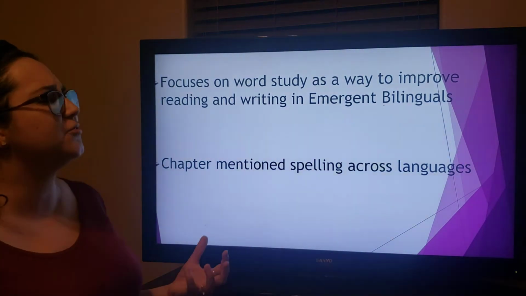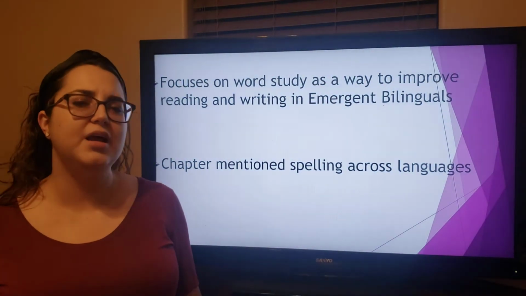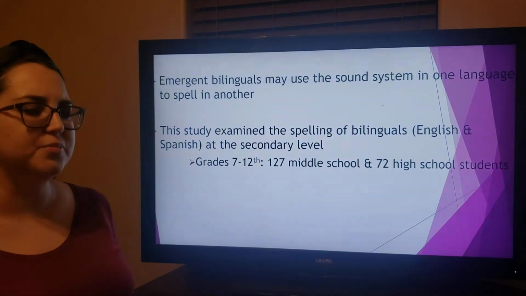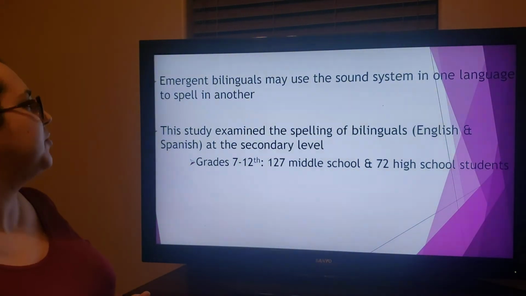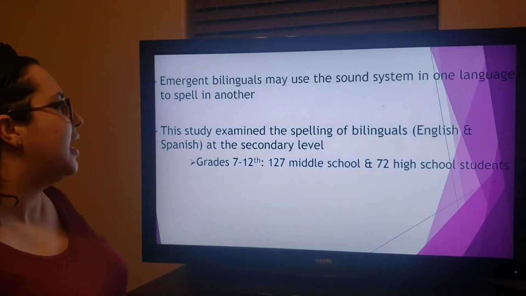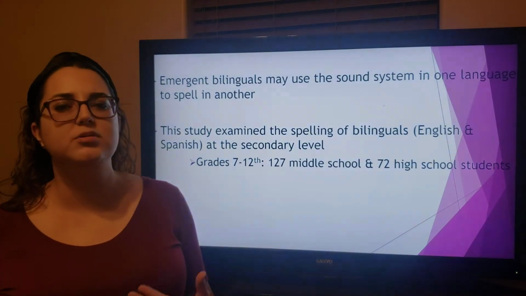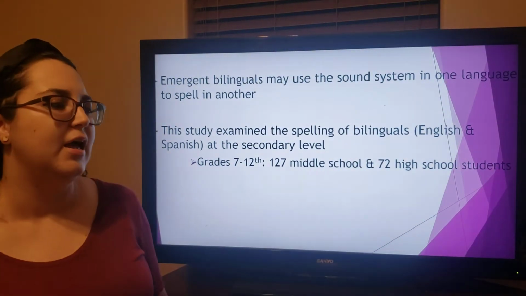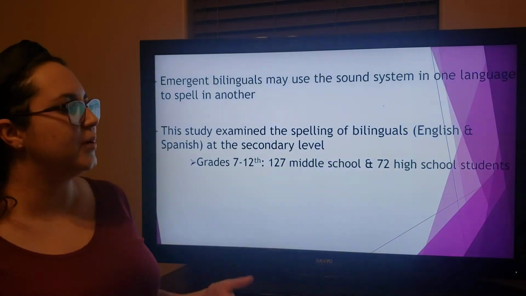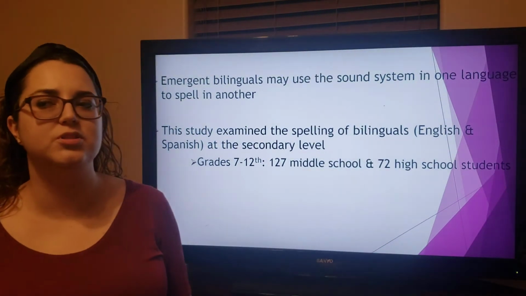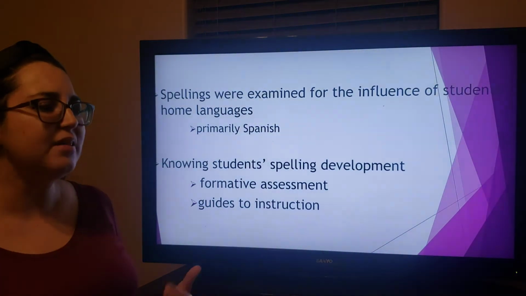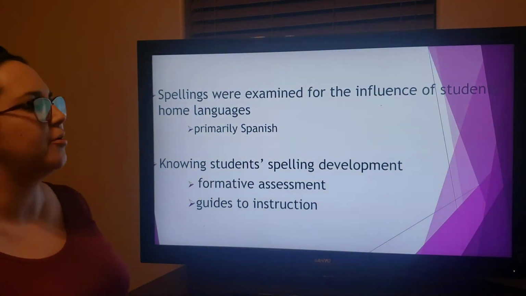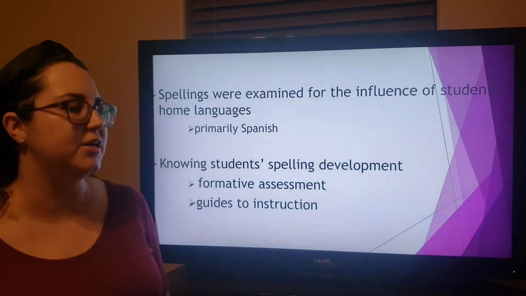And so this article just focused on word study as a way to improve reading and writing for emergent bilinguals. And emergent bilinguals may use the sound system in one language to spell in another, right? We know that. And so this study examined the spelling of bilinguals, focused predominantly on English and Spanish bilinguals at the secondary level. And so they had 127 middle school and 72 high school students participate in the study. The way that they spelled words were examined for the influence of their students' home language, which is primarily Spanish,